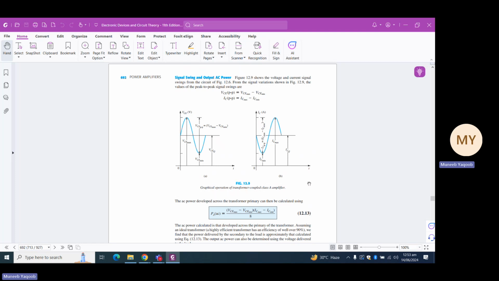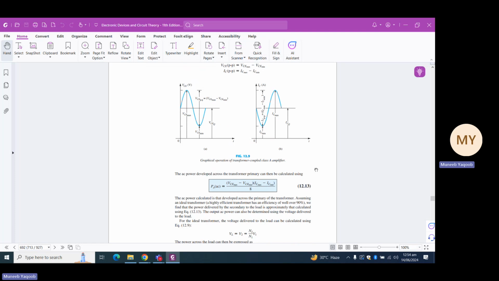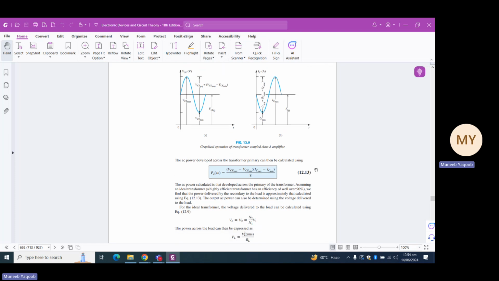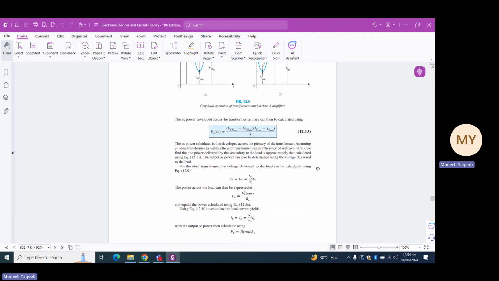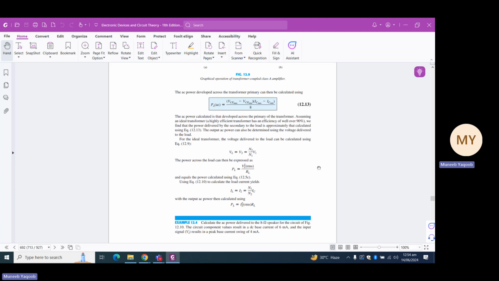Now, in this scenario, if we are to calculate PAC, it is (VCE maximum minus VCE minimum) times (IC maximum minus IC minimum), whole divided by 8. Now, obviously, this is the output AC power, and to calculate the input DC power, what we can say is that it is again